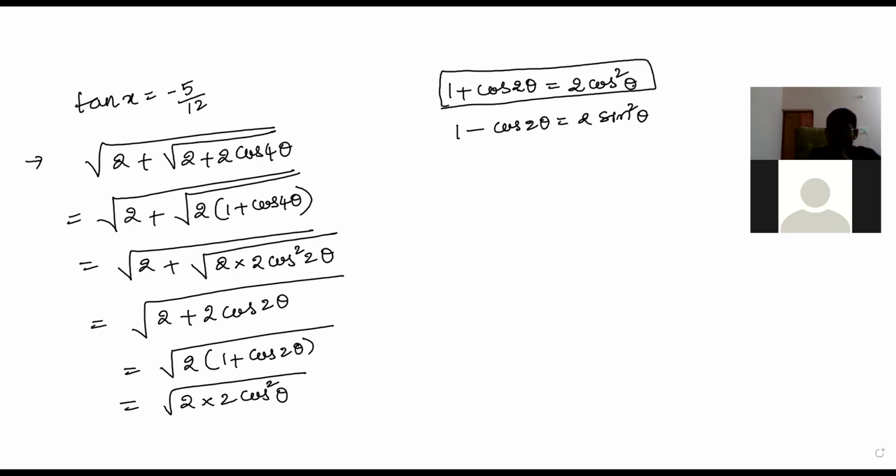Sir, I saw the under roots and I didn't think of anything else. I just thought the only way we could solve it is by squaring. But simplification, this is easy only. Yes, hard also. This is a simplification. No, what will you do by squaring on both sides? No, it is simplification.